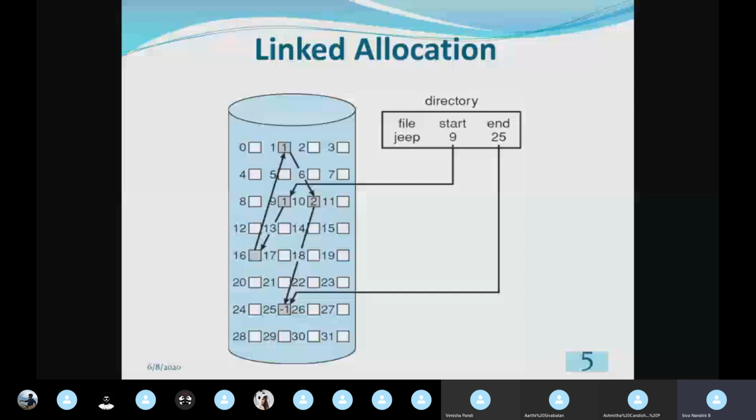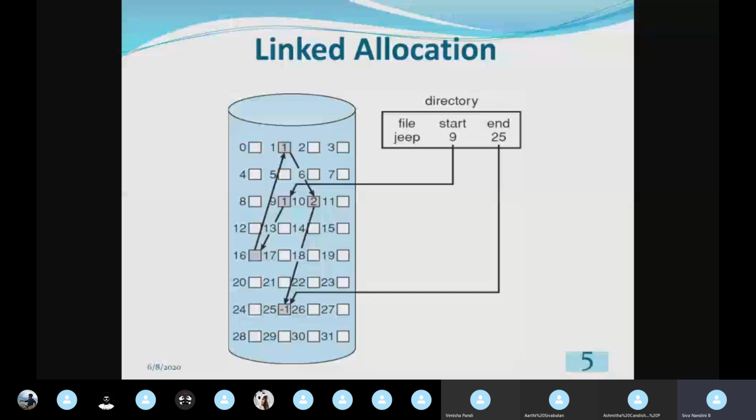So if the first logical block is corrupted or it became a bad block, what can we do? We can't get the remaining logical blocks. In this case, we can't access the content of the remaining logical blocks due to a problem in the intermediate logical block. So we say reliability will be a problem in the case of linked allocation, because each and every logical block holds the pointer to the next logical block.